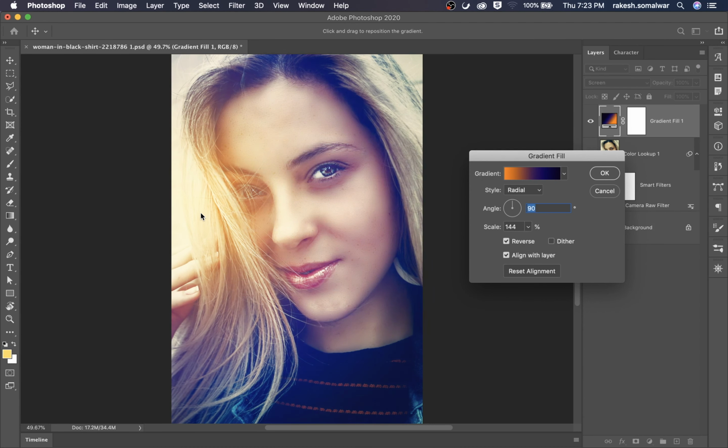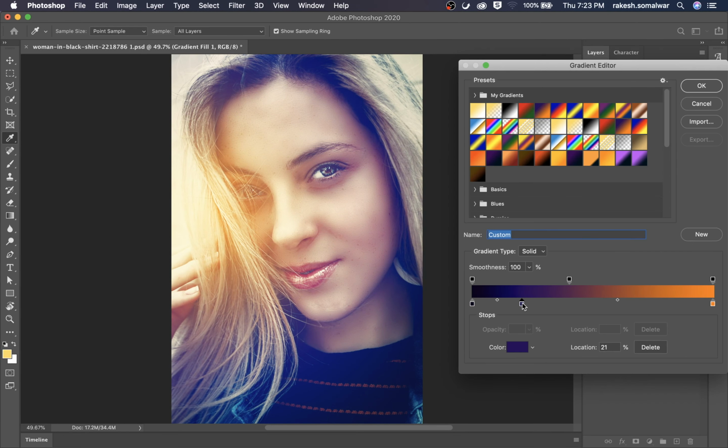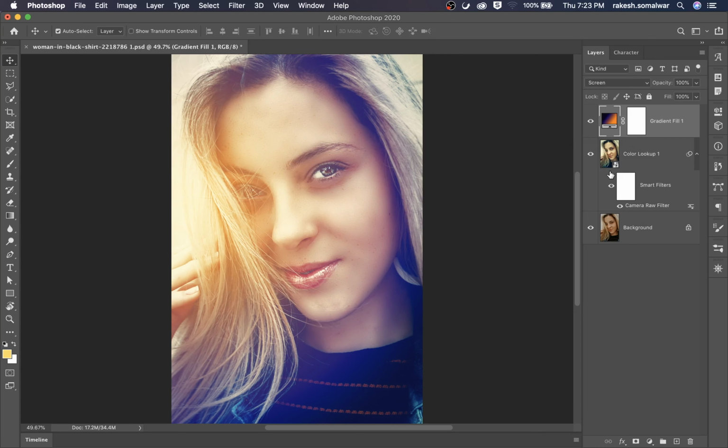This is fine for me, and you can put it wherever you want, but this area is fine. And you can move the blue color left and right. So I have shifted to the left to fill more blue color. See, now your image is absolutely ready.